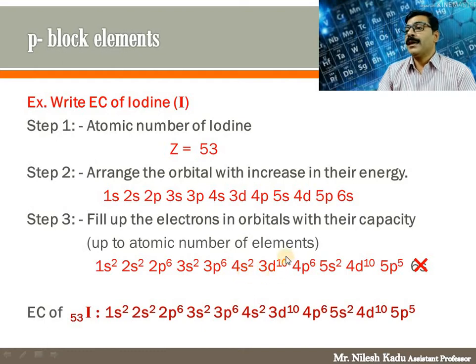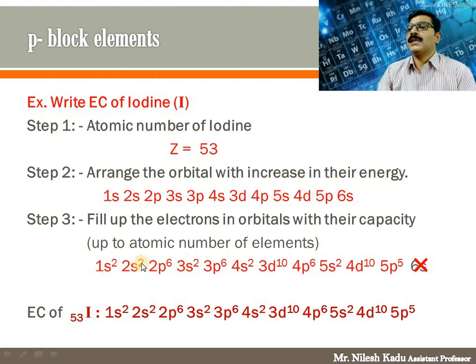3d orbital, the d orbital has capacity of 10 electrons, so you fill up the 10 electrons in the 3d orbital. Then 4p contains 6 electrons. Then 5s contains 2 electrons. Then 4d contains 10 electrons because the d orbital has 10 electron capacity. And then count the total number of electrons you have filled in different orbitals, and it is 2